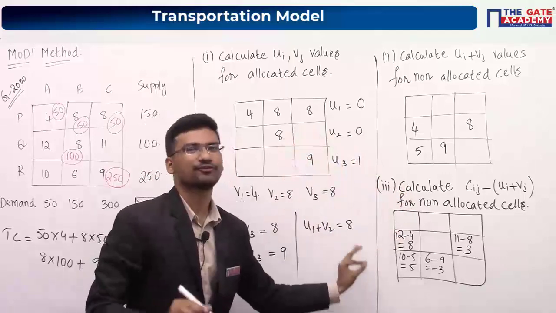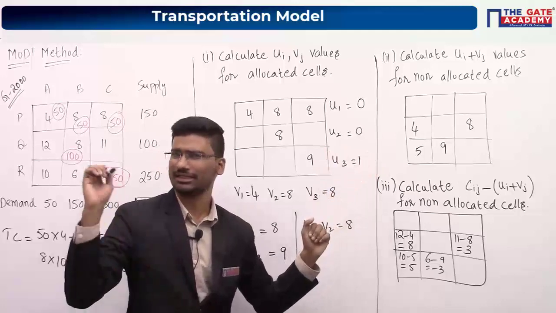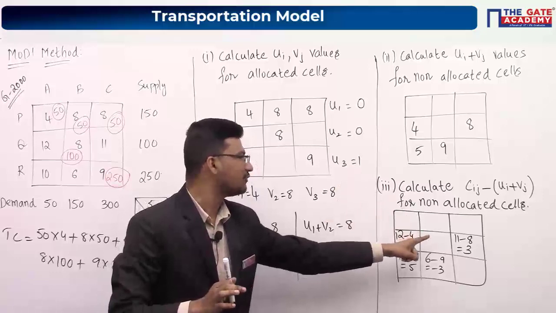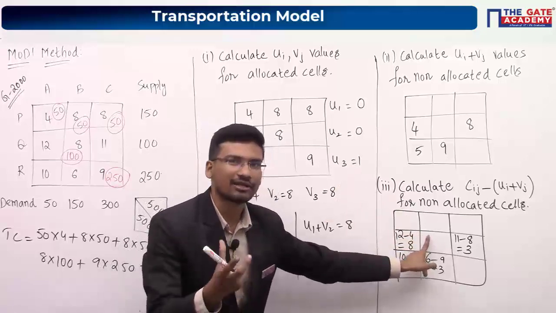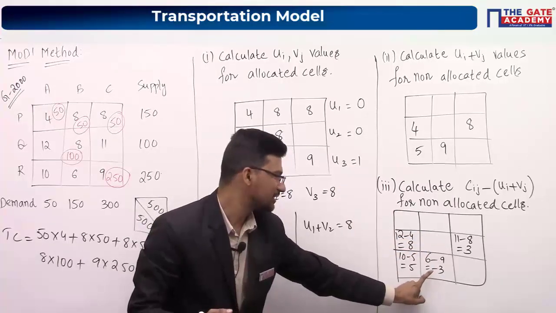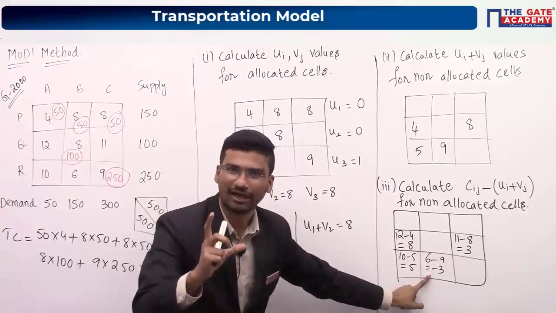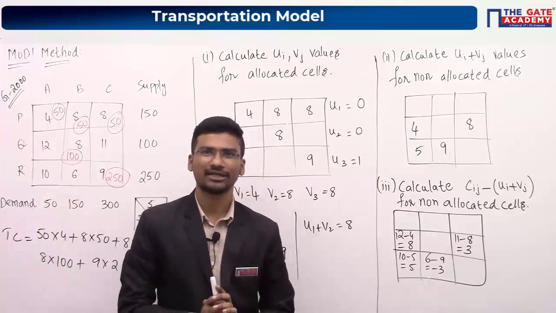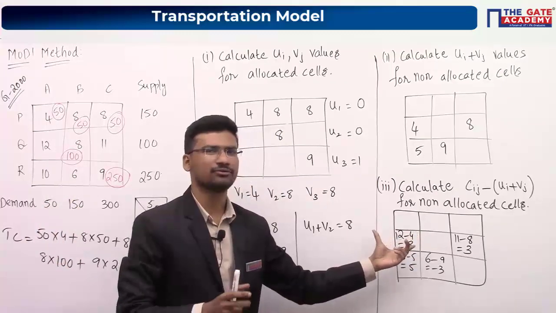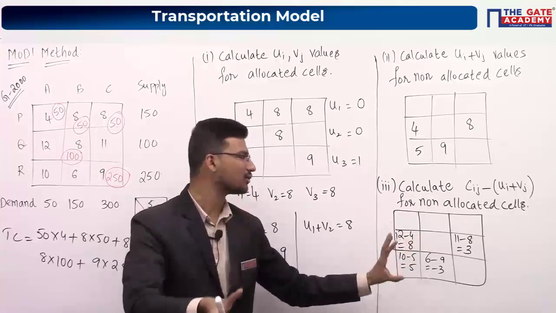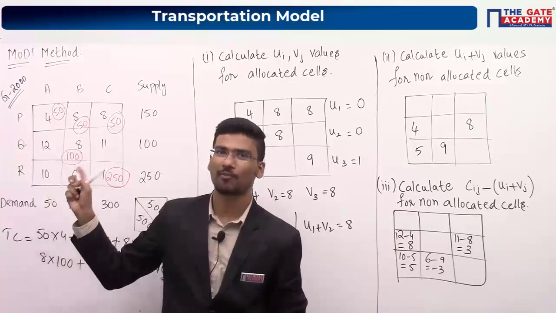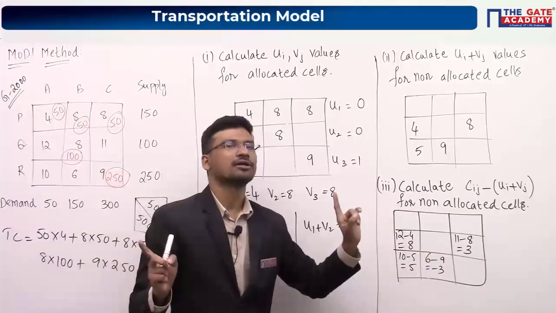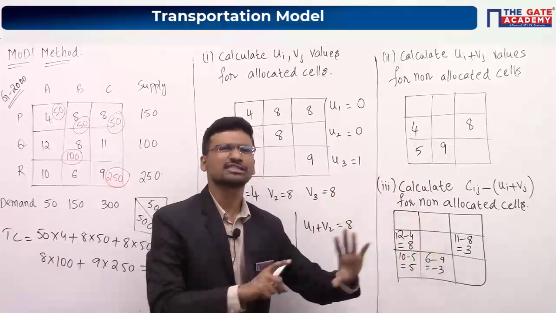Now we can conclude whether the given solution is optimal or not. As we got a negative value in this matrix, have we got a negative value or not? Here. In this particular cell, we are having a negative value. That means this solution is not optimal. If we were having only non-negative values here, then we can conclude that this solution is optimal. But here we are having one negative value. That means this solution is not optimal.